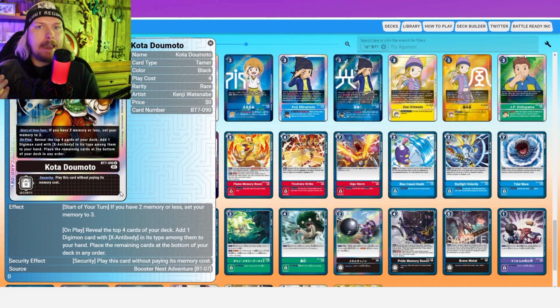Reveal top 3, add a Digimon to hand. That's so good. Any kind of good value like that. And then this is, reveal 4 cards. Now, it's only 1 card, but being able to search from 4, and it's so generic. Just any X antibody. And this is also going to be great in the future, so keep an eye on